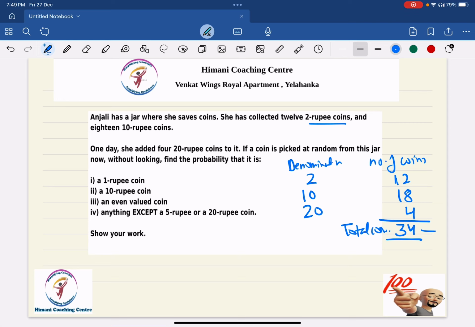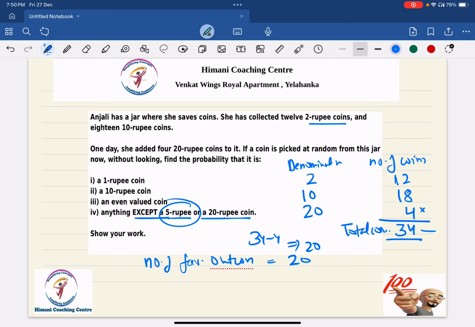Now let us move to the next question on this, which says anything except a 5 rupee or a 20 rupee coin. So there is no 5 rupee coin. Okay. And how many 20 rupee coins are there? 4. So we can do what? 34 minus 4. So there are 20 coins which are not a 20 rupee or a 5 rupee coin. So you can just show that number of favorable outcomes is equal to 20. Total outcomes is 34. So the probability of not getting a 5 rupee or a 20 rupee coin is going to be 20 by